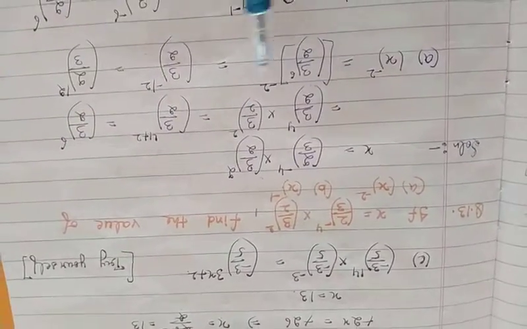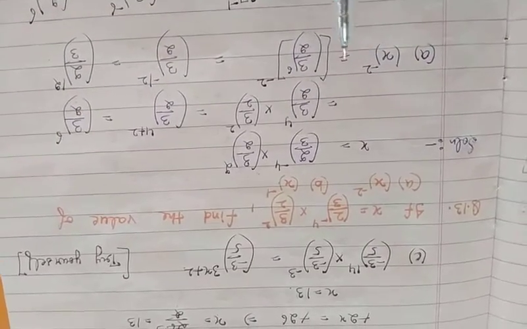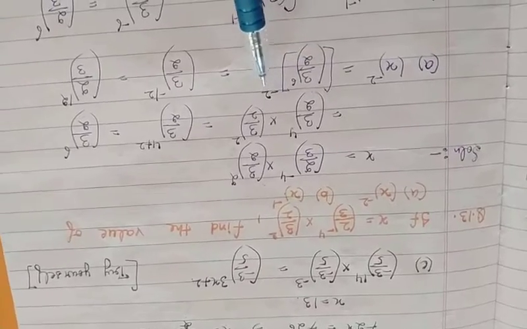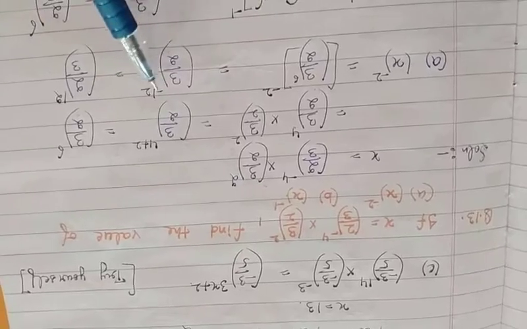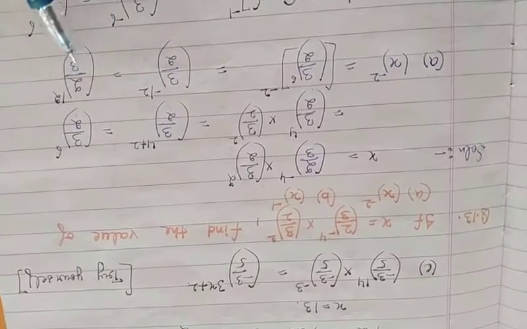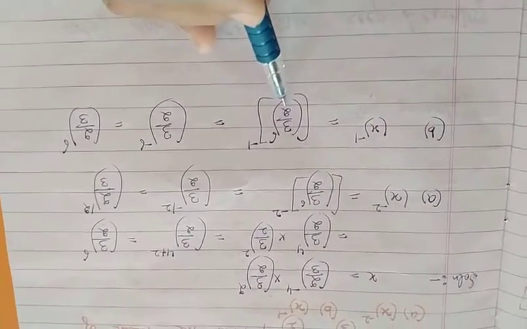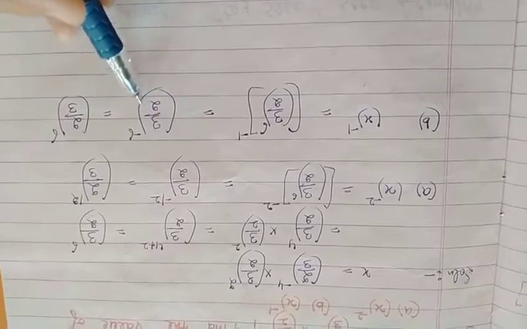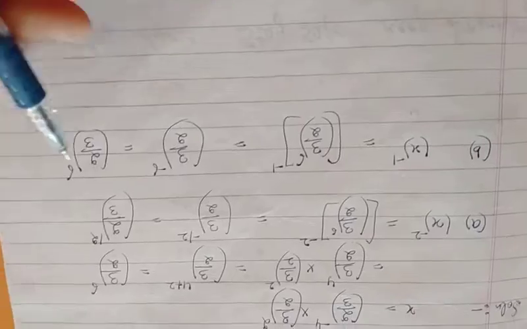Now base are same and there is a sign of multiplication, so it becomes (3 by 2) raised to power 6. Now x is (3 by 2) raised to power 6, then x raised to power minus 2 becomes ((3 by 2) raised to power 6) raised to power minus 2. So 6 times minus 2 is minus 12 and it becomes (2 by 3) raised to power 12. Now x inverse is ((3 by 2) raised to power 6) raised to power minus 1, so it becomes (3 by 2) raised to power minus 6. It will change to (2 by 3) raised to power 6.